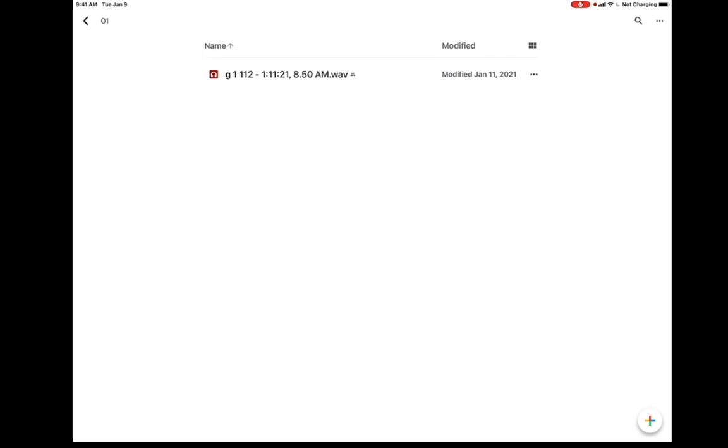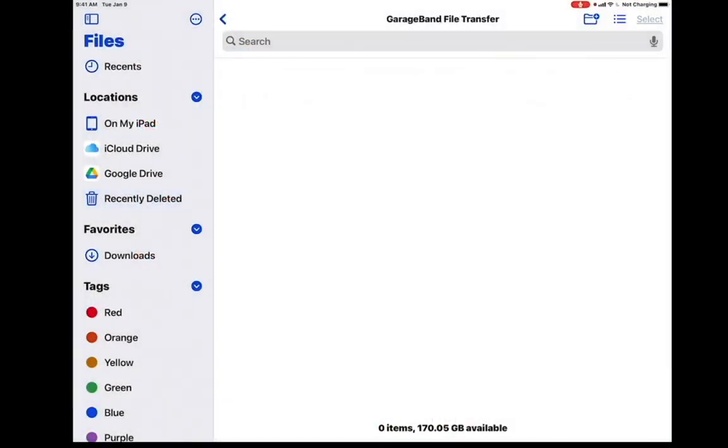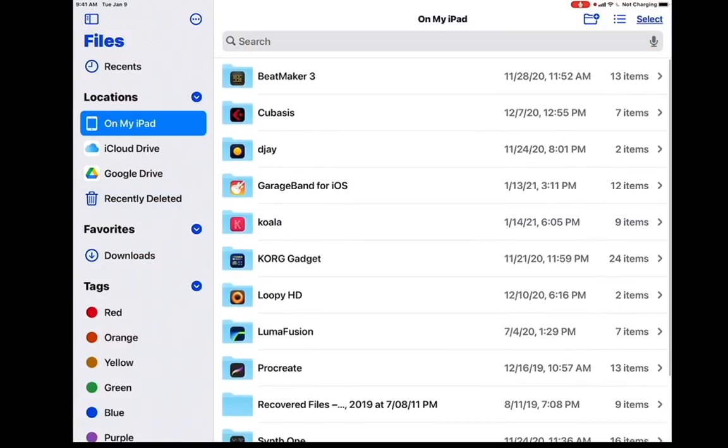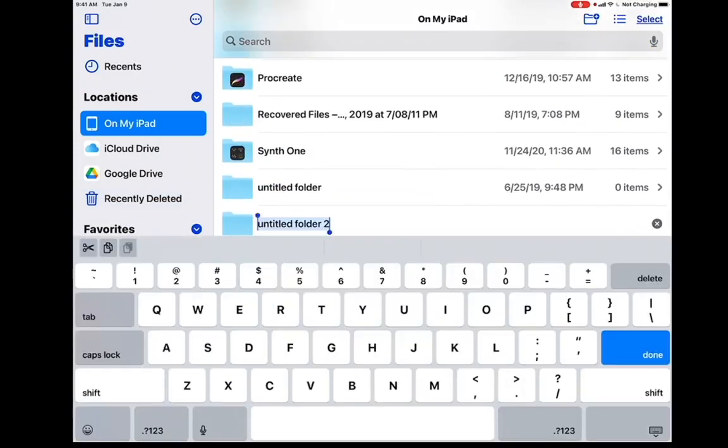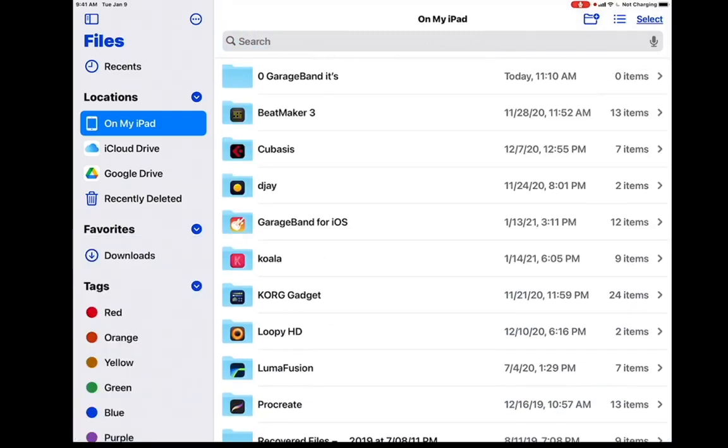So on the other end, for the collaborators, not the producer, on iPad, there's a little trick I'm going to show you how to do. So I'm going to go to Files. I'm going to go to On My iPad, and I'm just going to click New Folder. And I'm just going to call it 0 Garage Bandits. The reason I put 0, watch what happens. GarageBand. If I put 0, it'll go to the top. So that way it's just easily accessible